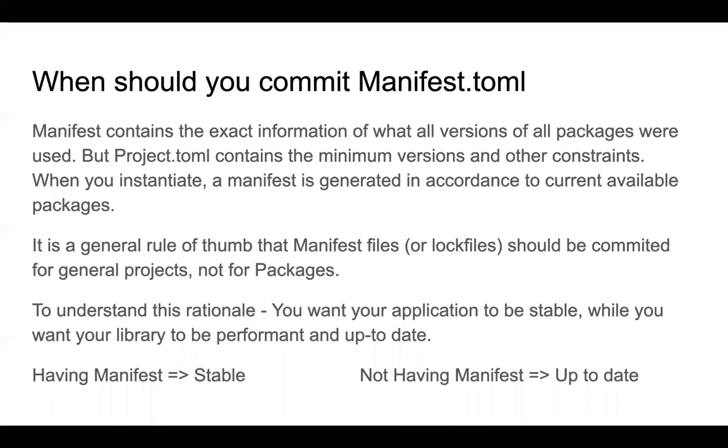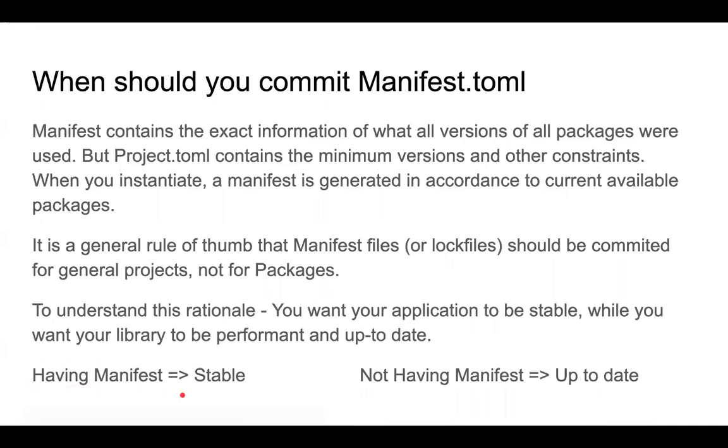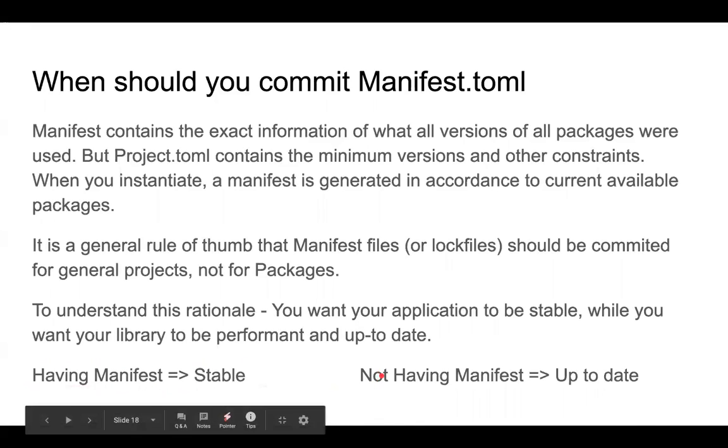You probably want that change in your package too. So in short, if you have Manifest.toml, your project would be stable. But if you don't have it, your project won't be that stable, but it will always stay up to date.